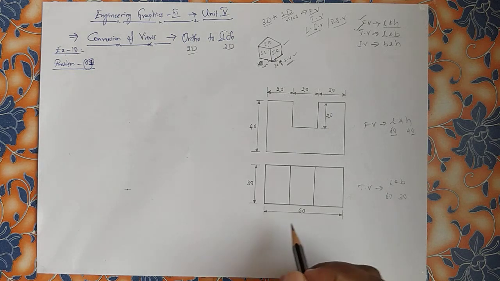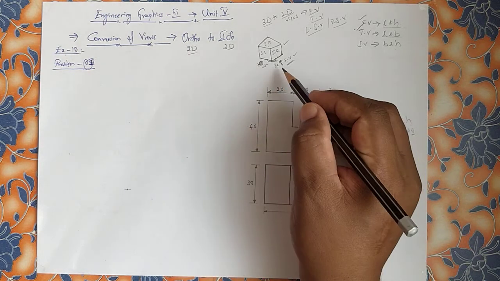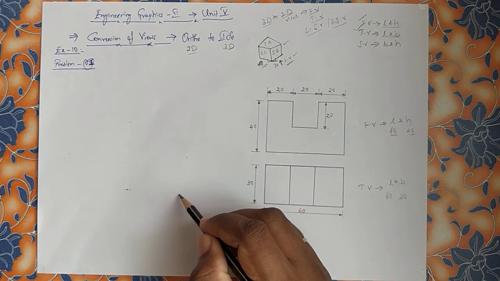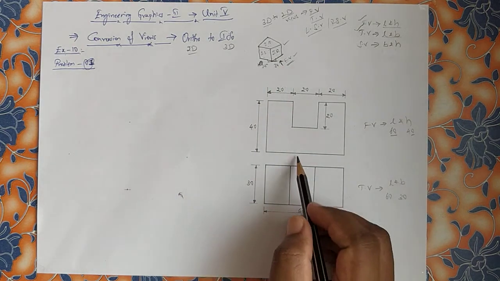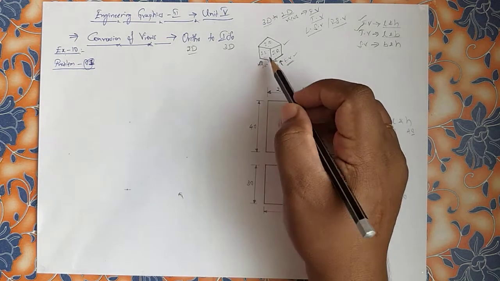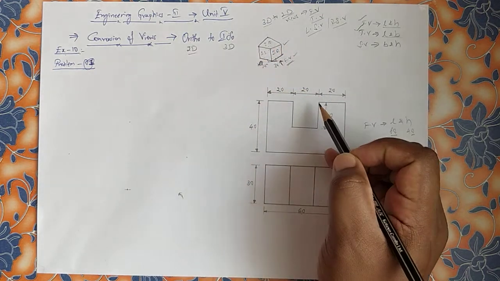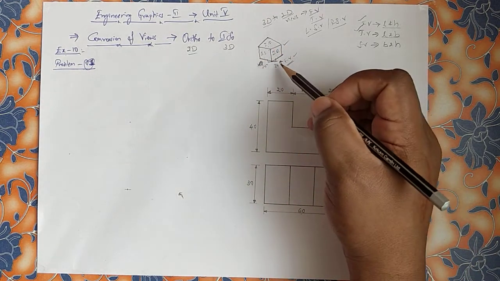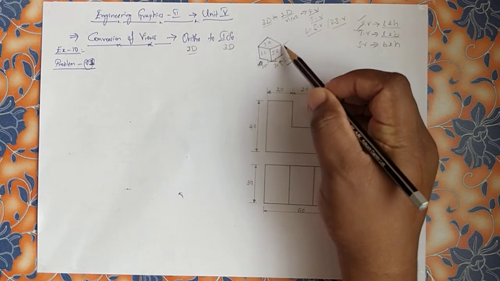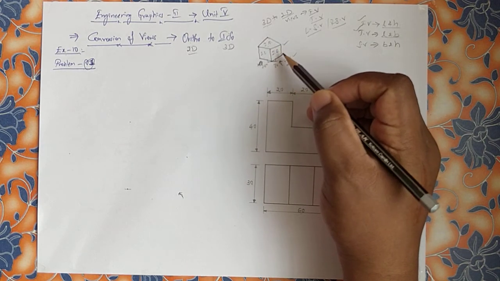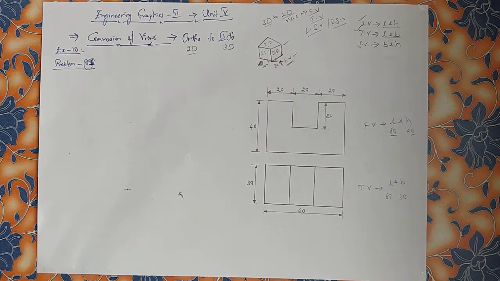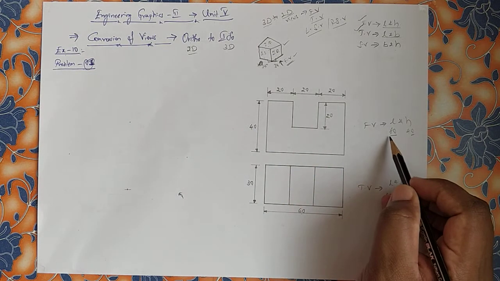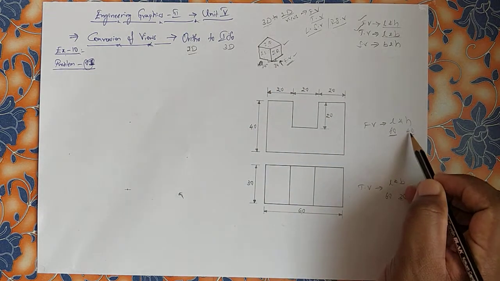Now think here, as we are assuming that the front view should be at the right side, so this shape is to be fit in the ISO right plane. In the conversion of views, from 3-dimensional to 2D, we are assuming this as your front view. Same way, this front view has to be fit here. What is the length? Total length is 60, height is 40.